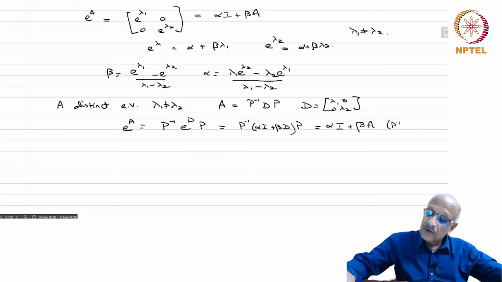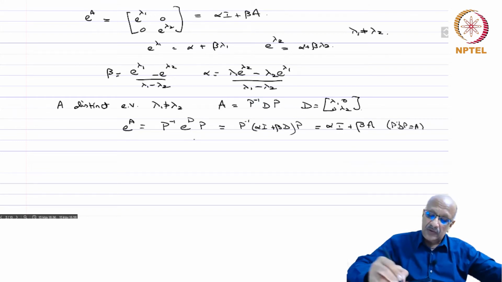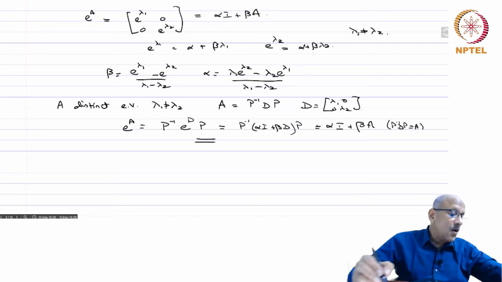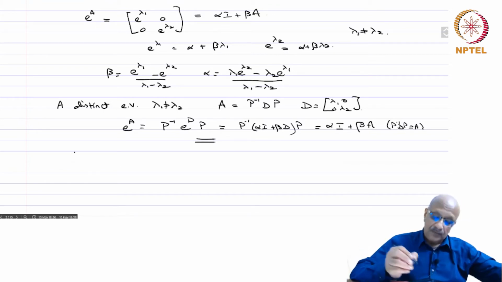since P inverse D P is equal to A. Okay. So, it is the same constant. So, what you do for the diagonal serves for all the matrices also. So, exercise 3,